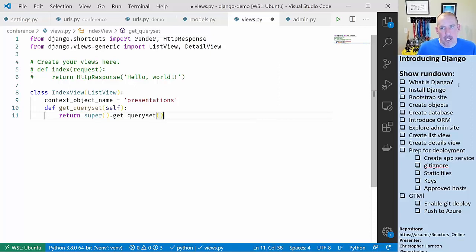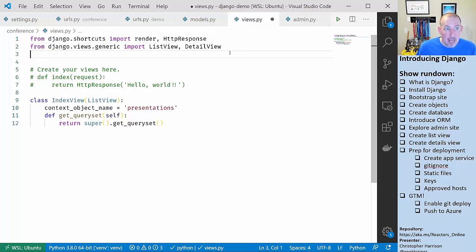What get query set is going to allow me to do is indicate the code to go load whatever it is that we want to display out to the user. And in my case, I just want to display all the presentations. So I'm just going to go ahead and say from models import our presentation. So on my index, this is going to be